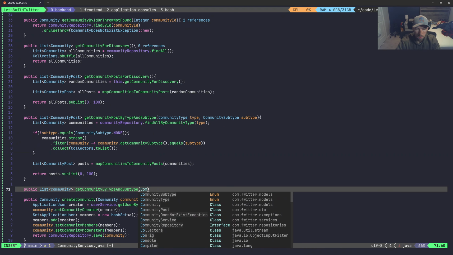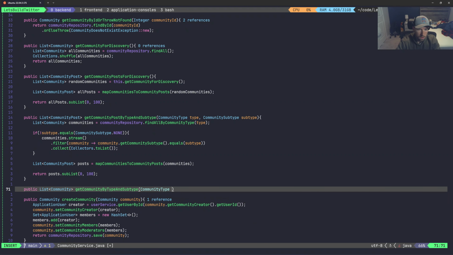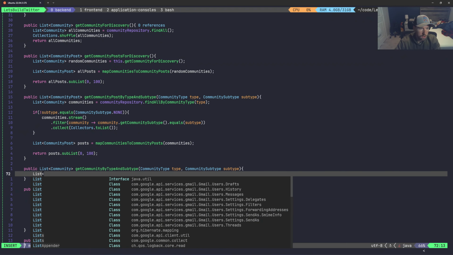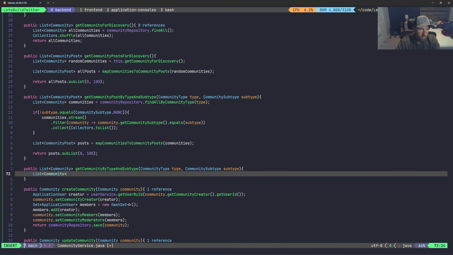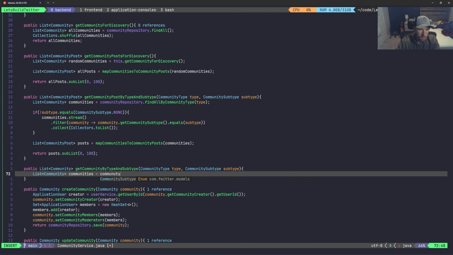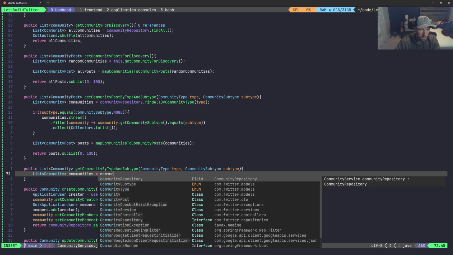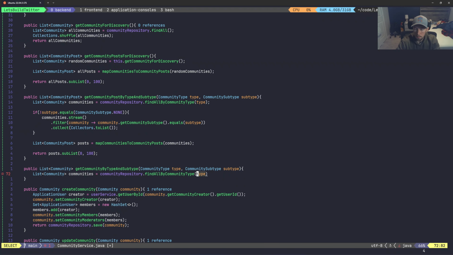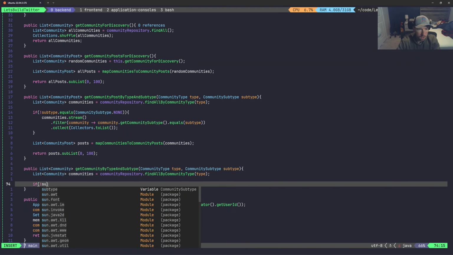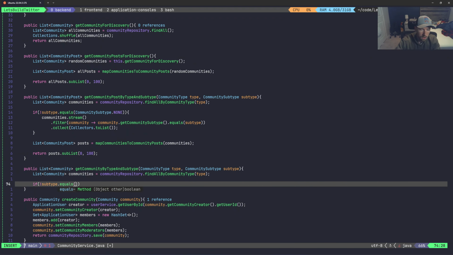And it's going to be very similar. So community type and type, and community subtype, there we go. So it's going to be very, very similar once again. So say list of community, and this is going to be community repositories, or communities is equal to community repository dot find all by community type, pass in that type, and do the same exact thing basically. So if not subtype dot equals,